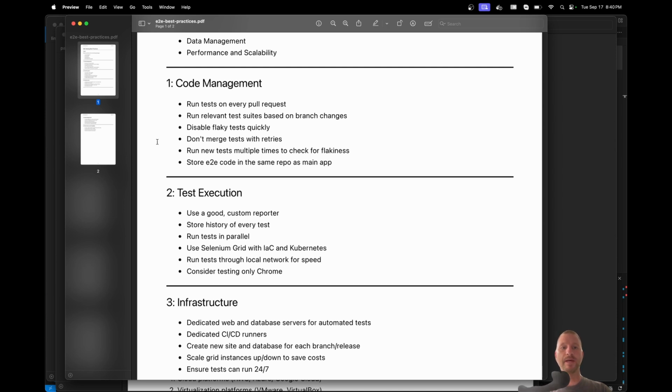So if that developer is making changes on one side of the application, let's say the shopping cart application, maybe modifying the checkout page, we're going to run all the tests that deal with the shopping cart and the checkout page. We're not going to run tests that deal with, let's say the site had a blog on it, for instance. If you were to run every test on every pull request and you're doing 100 plus pull requests a day at your company, your system is going to drastically slow down,